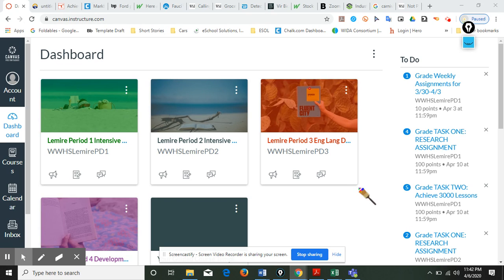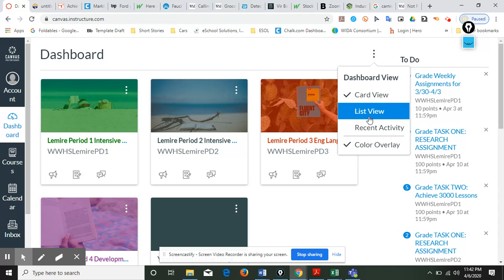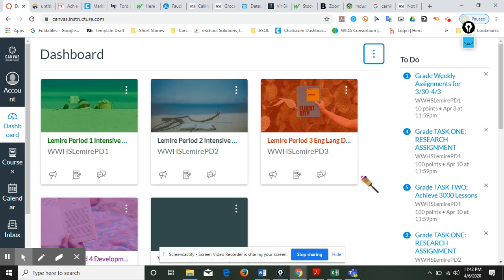If you want to change it, you can click here on these three dots, and yours is probably currently in list view. At least the students that I worked with today, that's how theirs was set up. So if you want to change it to look more like mine, you would just click to card view. I think this is a little more user friendly because it has all of your classes separated into little cards, and then at the bottom of each card you kind of have notifications, whether there's an announcement or there's an additional assignment, or if there's a discussion,